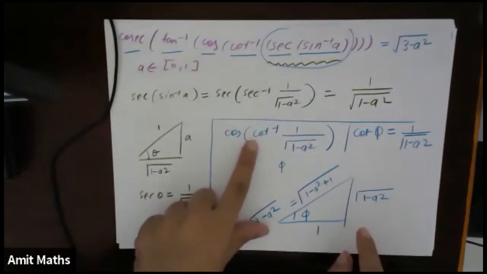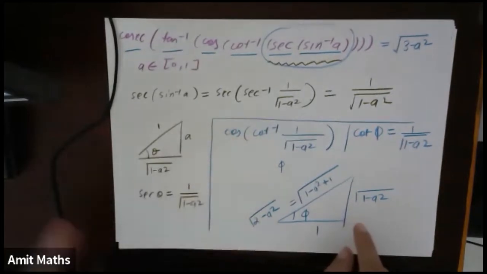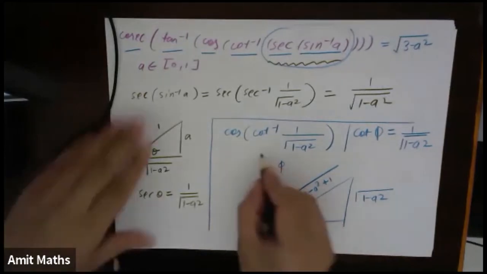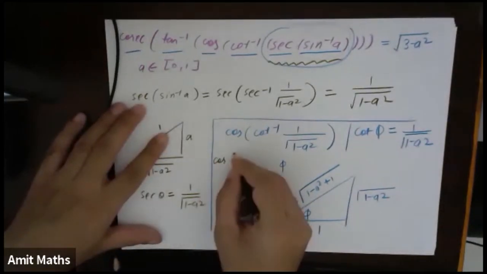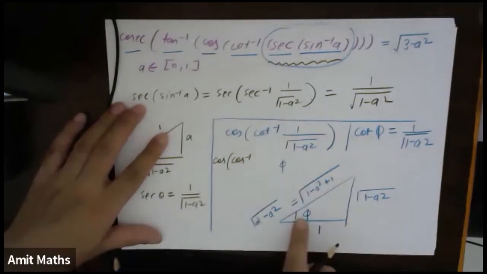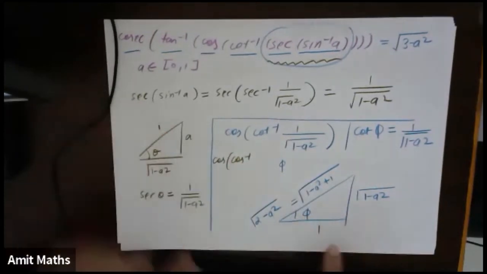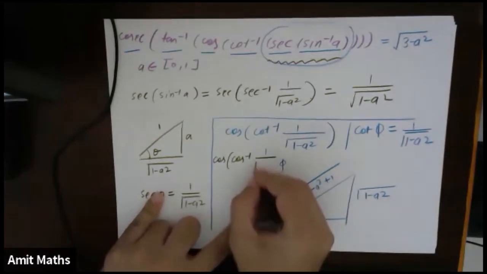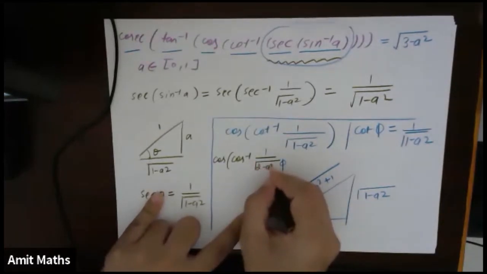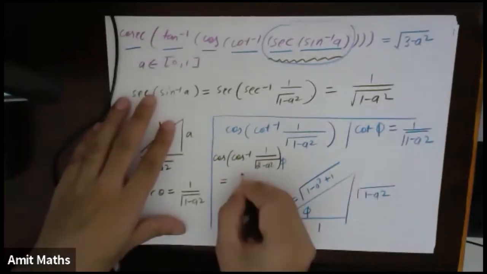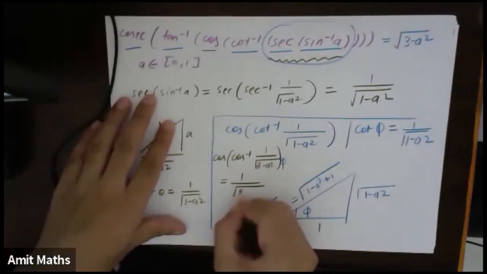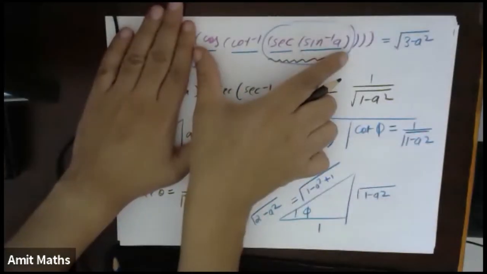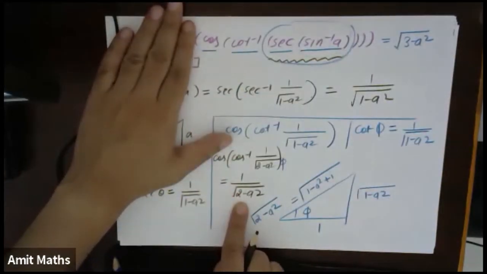So if I have to write this in terms of cos, I will write in terms of cos inverse. You should get cos 5 will be nothing but base upon hypotenuse. Base is 1, hypotenuse is under root of 2 minus A square. So this will simply become 1 upon under the root of 2 minus A square. Till here I have solved, and this whole thing gets converted into 1 upon under root of 2 minus A square.